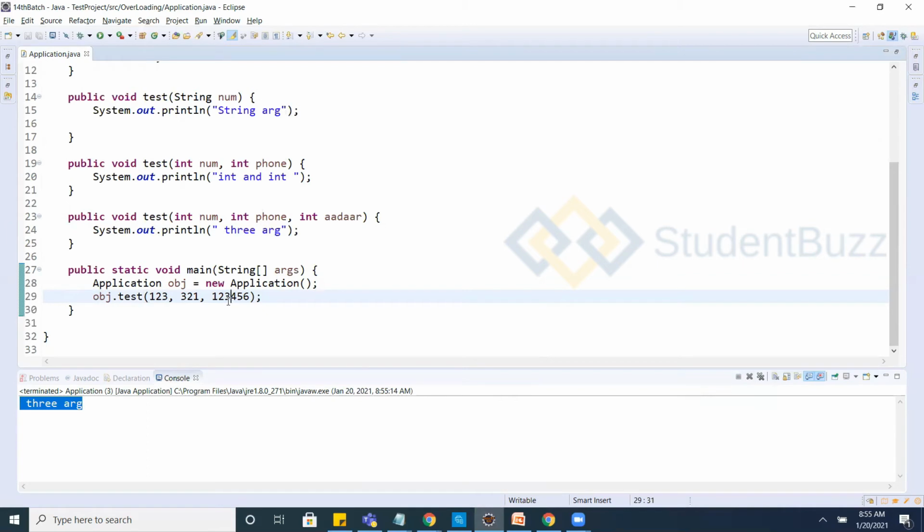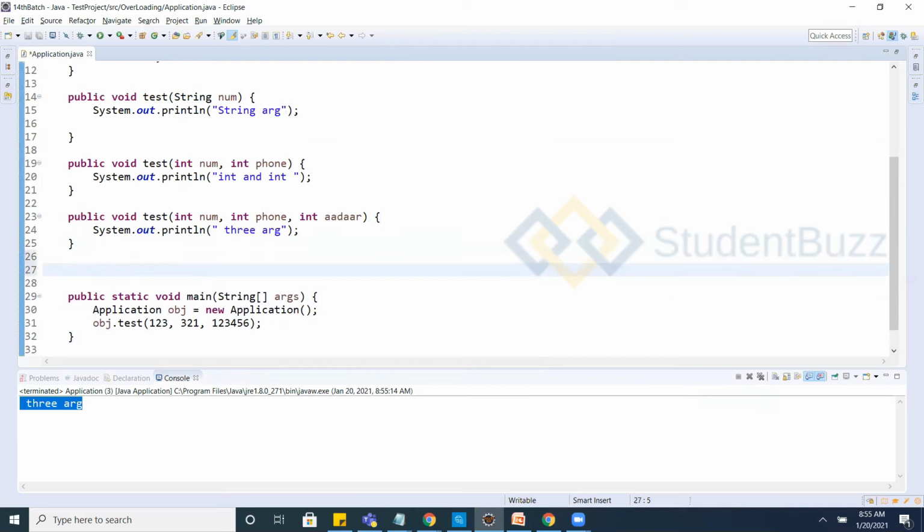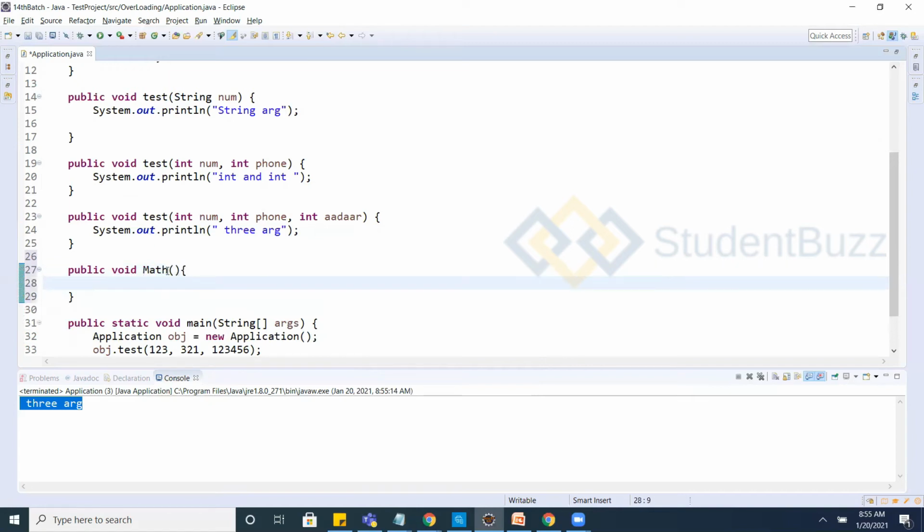For example, I will take a multiplication, or rather a mathematical example, like math. One method I have with integer num.